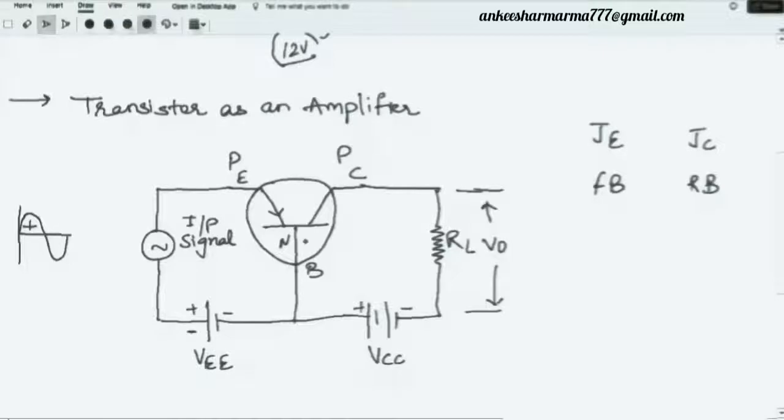will be added with the positive of this input signal, and it will add up. Adding of the positive signal simply means it is going to increase the positive voltage. So that will help in keeping the forward biasing. Already this voltage is making this emitter junction forward biased, but even if you have the positive in your input signal, that will add on to it and it will make your emitter junction remain in the forward bias. Is this point clear to you? This is very important. Is this clear?